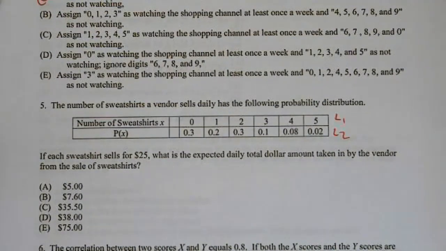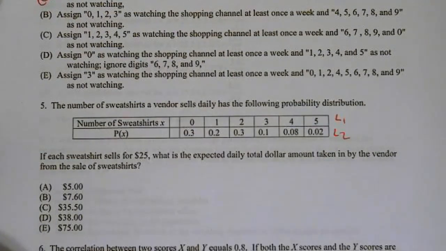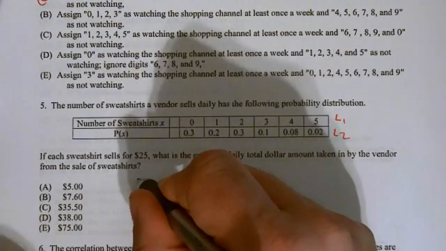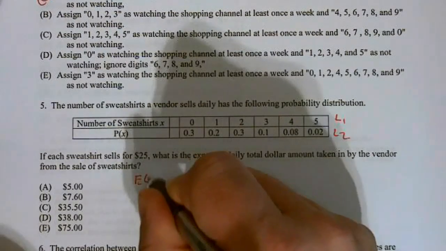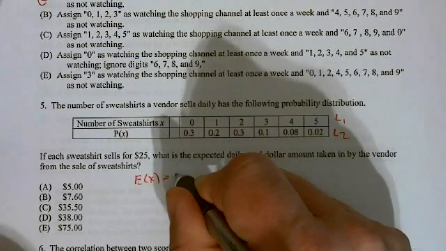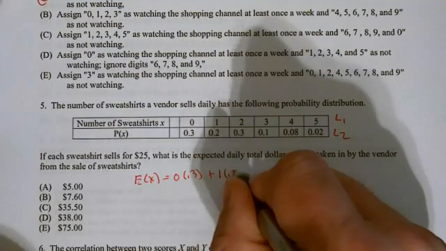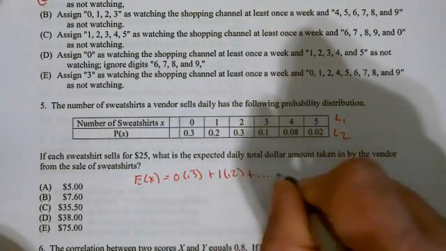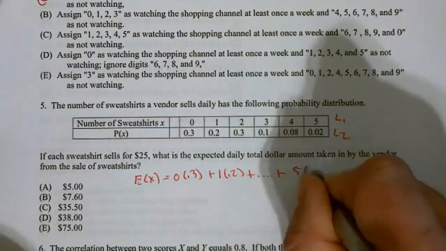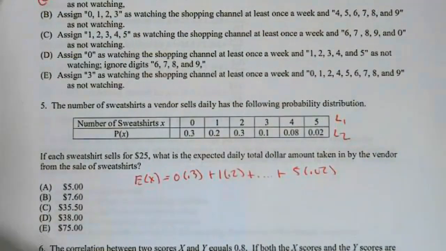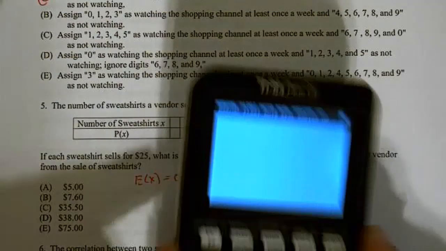And then ask if each sweatshirt sells for $25, what is the daily total dollar amount taken in by the vendor? So what we're doing is we're essentially going expected value equals 0 times 0.3 plus 1 times 0.2 plus ... plus 5 times 0.02. And I should have entered this in my calculator already, but I did not, so I'll